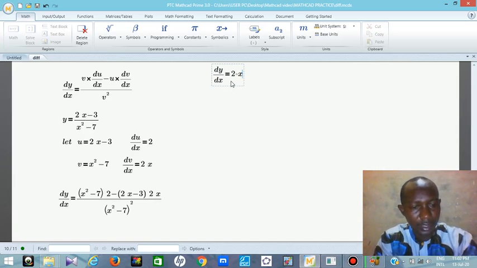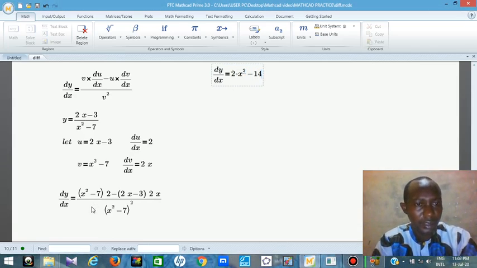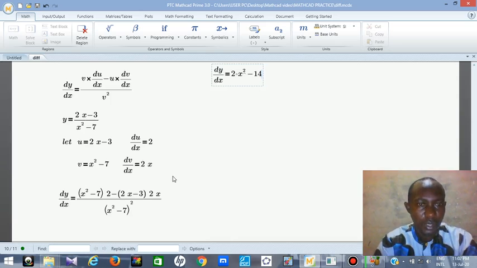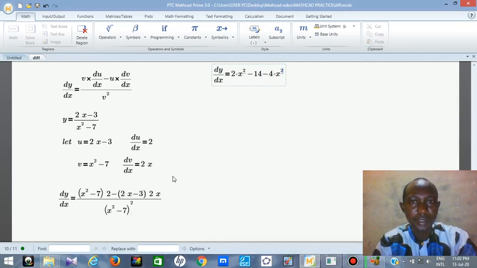2x squared minus 14, like 2 times 7 is minus 14, then this is 2x times, remember there's a minus outside this bracket, so it will make this place minus 2x. So 2x times minus 2x, you are going to have minus 4x squared. So don't forget this minus, we make here minus 4x squared,